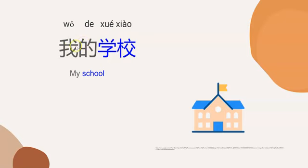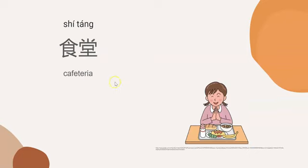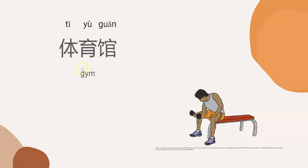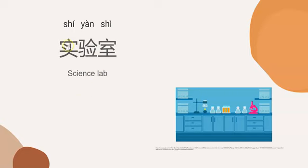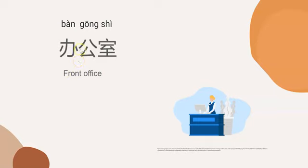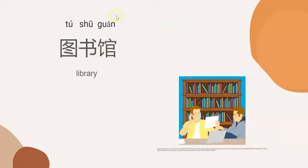我的学校。And here, cafeteria, 食堂。Auditorium, 礼堂。Gym, 体育馆。Science lab, 实验室。Restroom, 厕所。Front office, 办公室。Library, 图书馆。